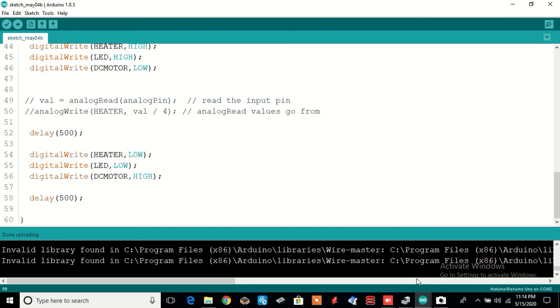So as you can see, this operation is now happening from the client side. Even the programming is happening from the client side.